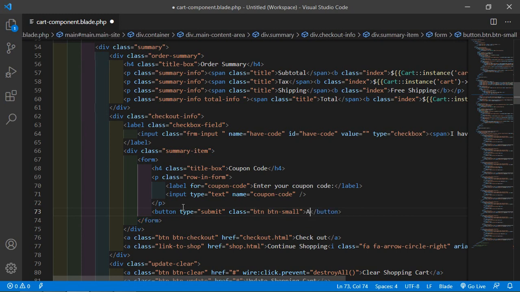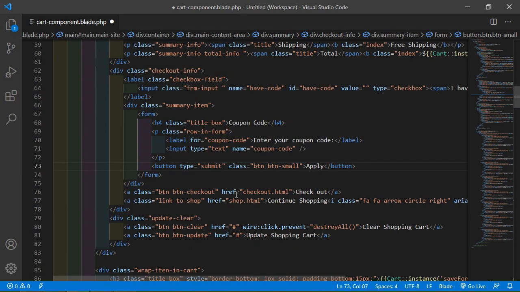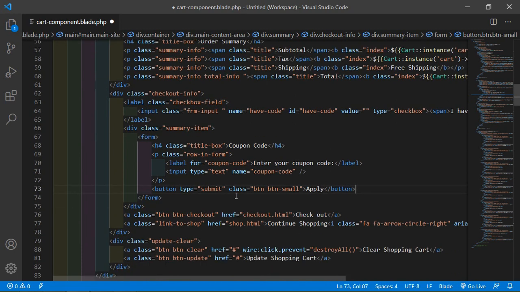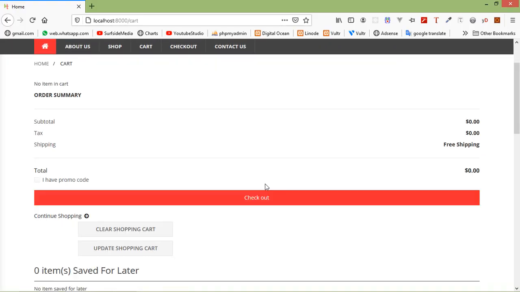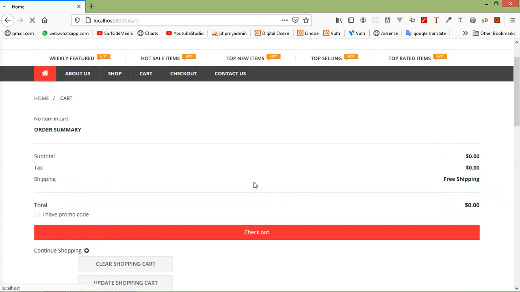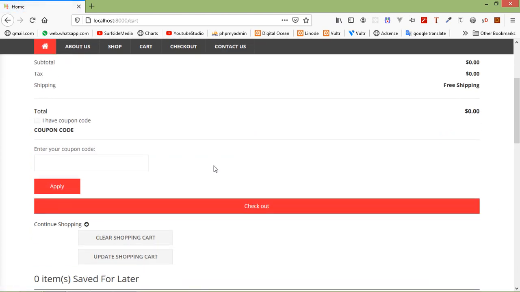Inside this button add the text "Apply." Now let's save this page and check this form. Switch to the browser and refresh the page, and here you can see the text "I have a coupon code." This is the checkbox, and after this you can see the title and text box for the coupon code, and this is the submit button for applying the coupon code.